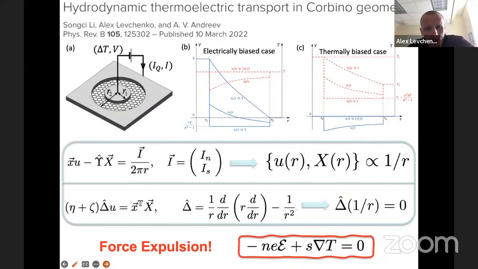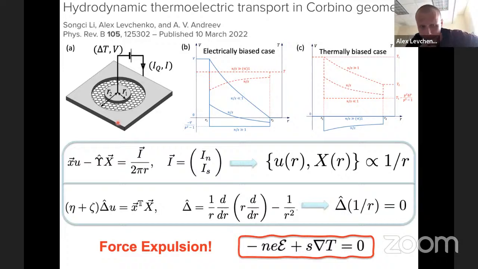So I would like to very quickly tell you about similar things in the Corbino geometry. It may sound like a very minor change, just a geometrical change to the problem, but it leads to quite dramatic and fascinating effects. So basically, if you consider a Corbino disk, meaning an inner electrode and an outer electrode and the flow in circular geometry, here I will discuss only the zero magnetic field case. Corbino devices, of course, are used for measurements of magnetoresistance, but I will need just the circular geometry